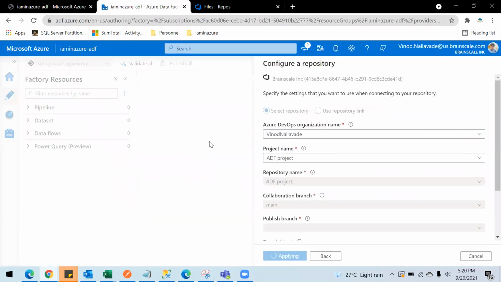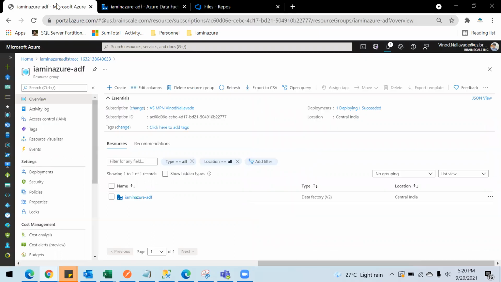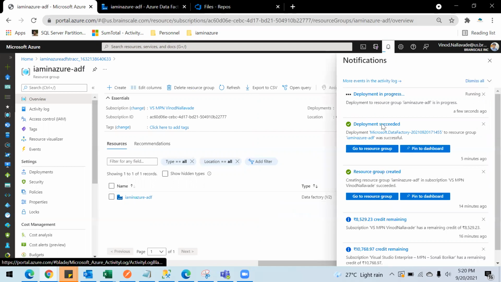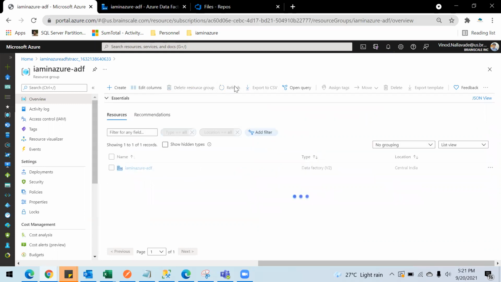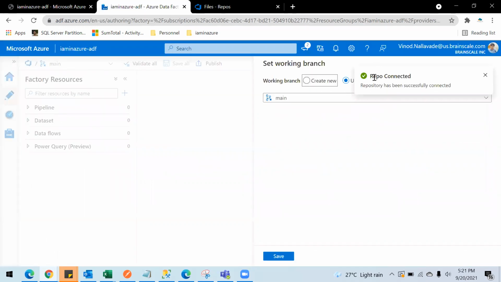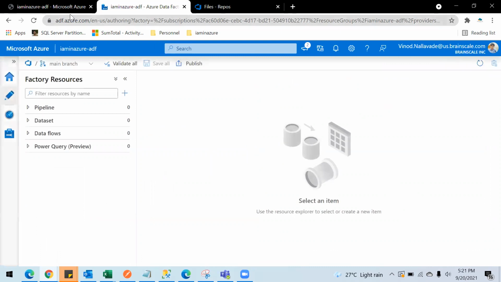Let's see if this finished. No, it's still applying. So this is deploying the storage here. Okay, so repo is connected, and let's just save this.